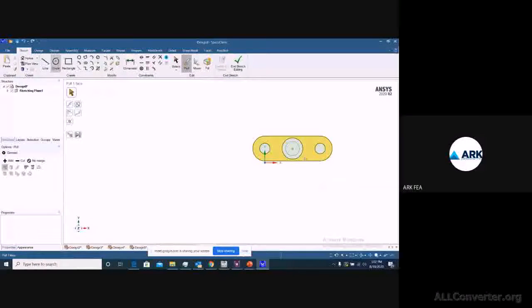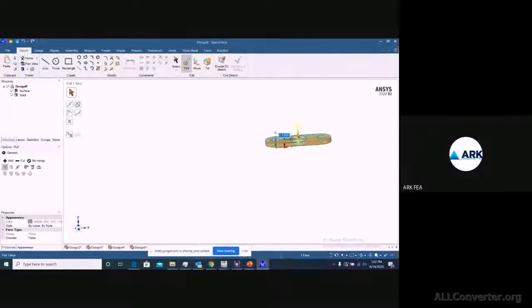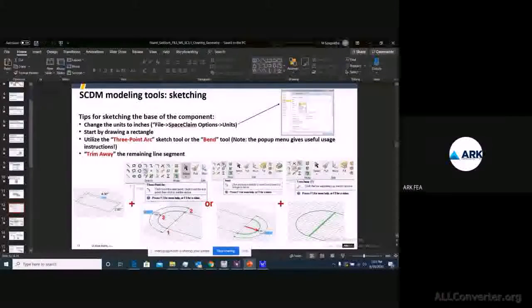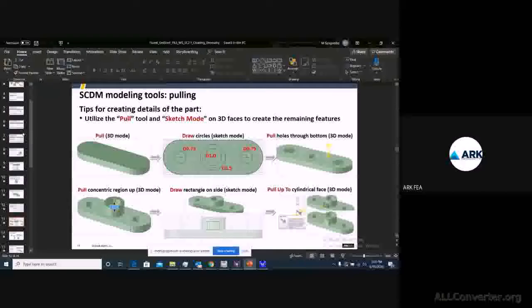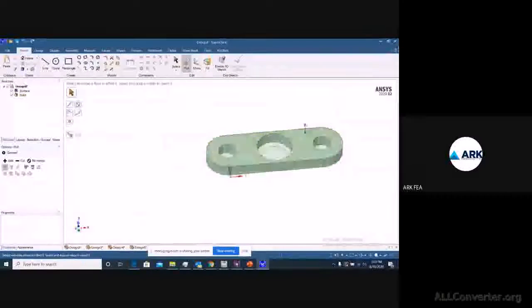Right, so we'll move on to the pull. We'll try to have a height of 5 for this, and if you look at this geometry here, yeah, in this section we had this extruded part, so we'll have the same.